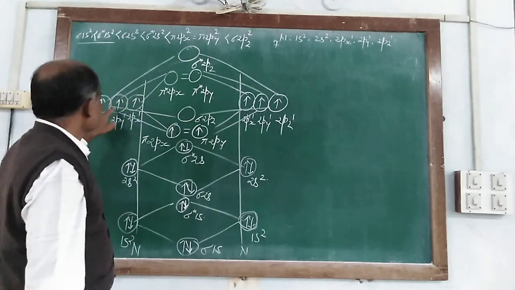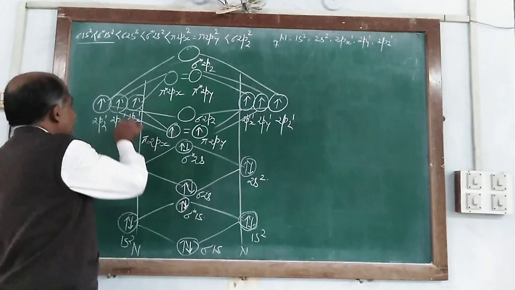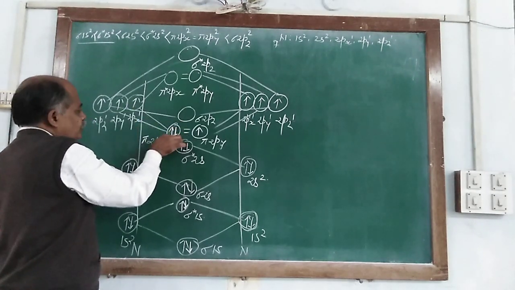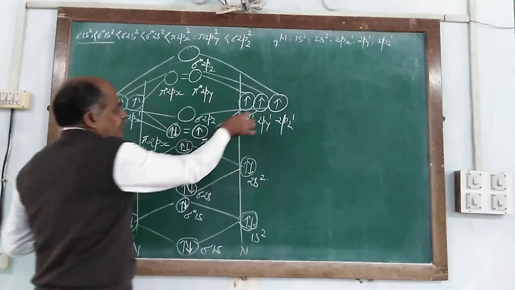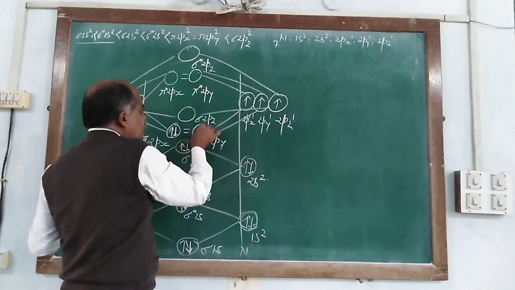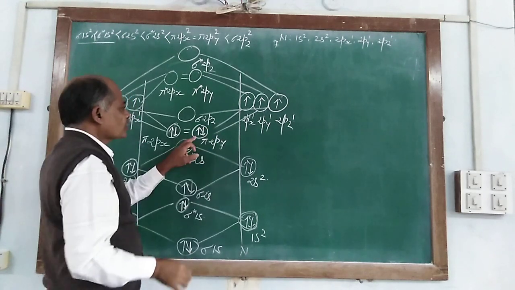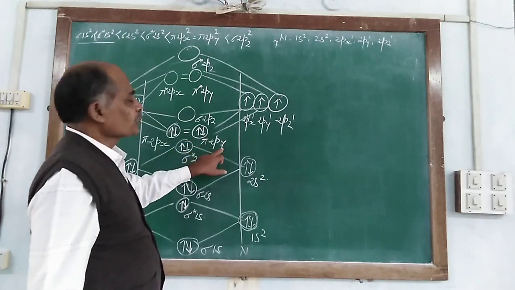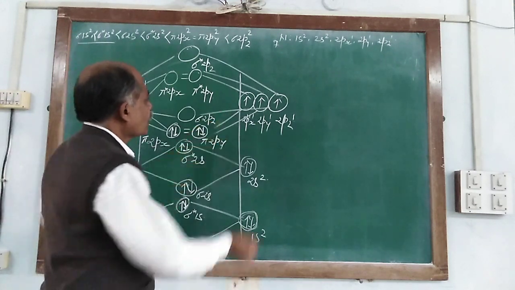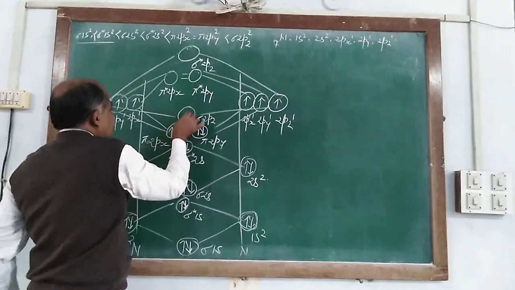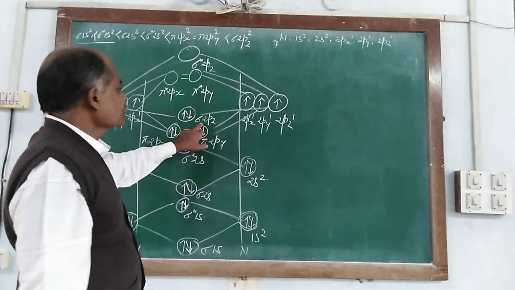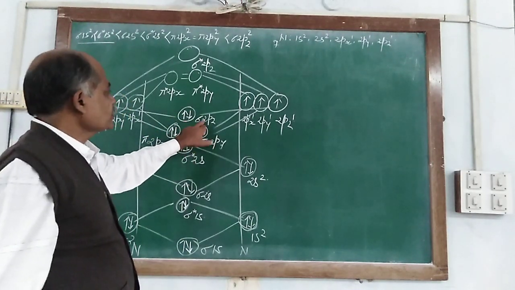Now it is the turn of the 2py. 2py also has 1 electron, so it accommodates 1 electron in pi 2py, and from the other 2py atomic orbital, which also has 1 electron, it is accommodated in pi 2py. Now 2pz from here and 2pz from here, so the electrons are accommodated in the bonding sigma